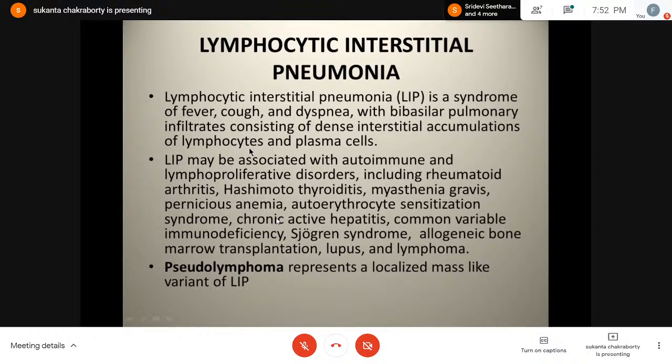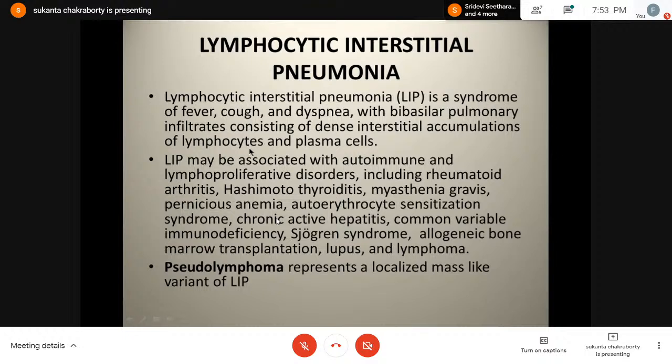Next in line is lymphocytic interstitial pneumonia, or LIP. It is a syndrome of fever, cough and dyspnea with bibasilar pulmonary infiltrates consisting of dense interstitial accumulations of lymphocytes and plasma cells. In LIP, there is also association with definite systemic diseases like autoimmune and lymphoproliferative disorders, including RA, Hashimoto's, myasthenia gravis, pernicious anemia, autoerythrocyte sensitization syndrome, chronic active hepatitis, common variable immunodeficiency, Sjogren's, allogeneic bone marrow transplantation, lupus,